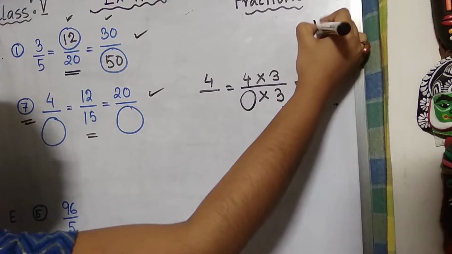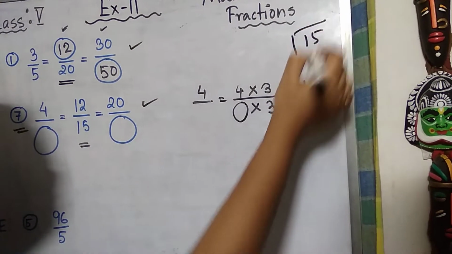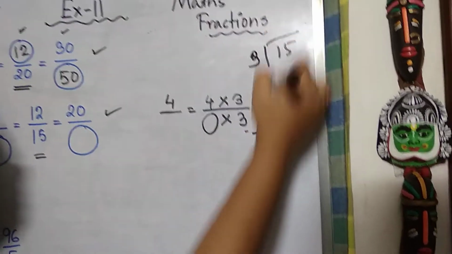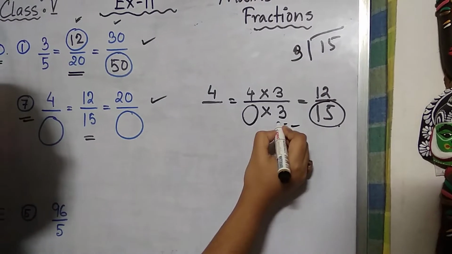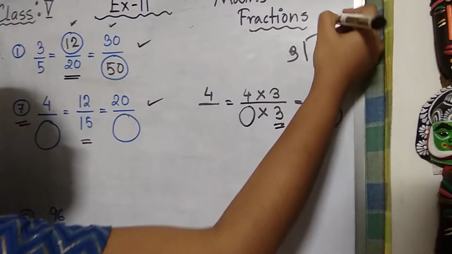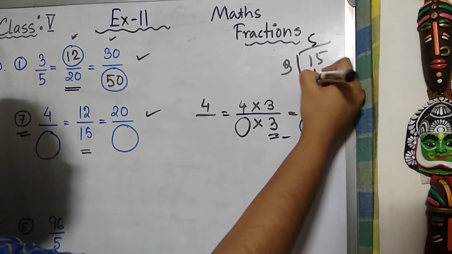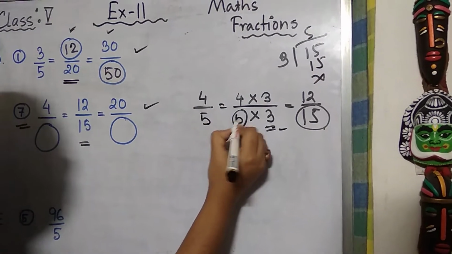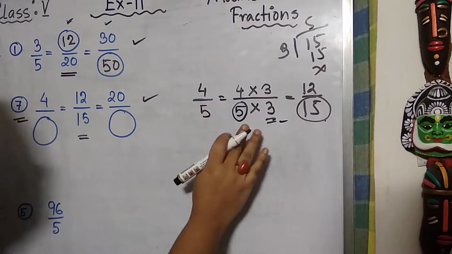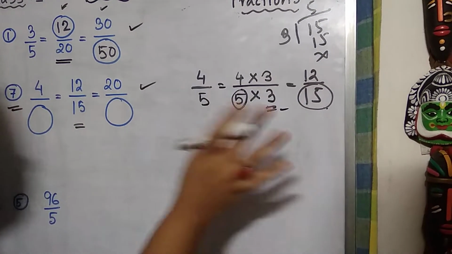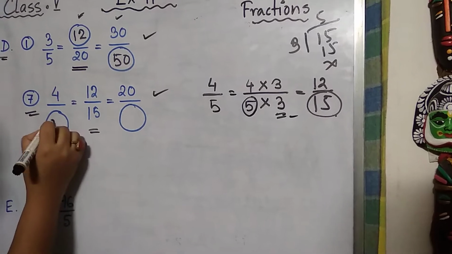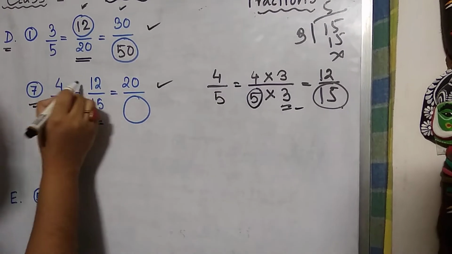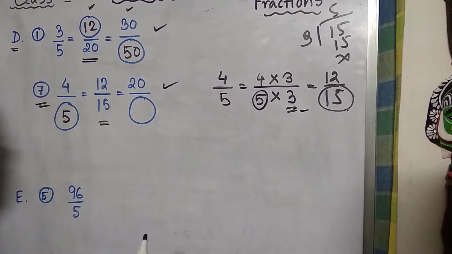So I have already said, if you are having this kind of difficult thing, you can always divide the given big number by the smaller number. So divide this, we know that 5 3s are 15, right? So here 5 will be there and 5 3s are 15. See, we have got this number. So here 5 is going to be there. So 4 3s are 12, 5 3s are 15.